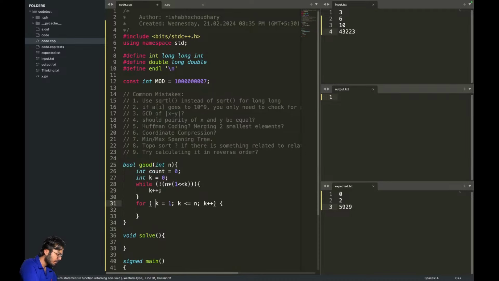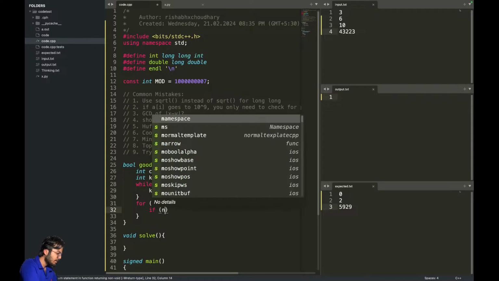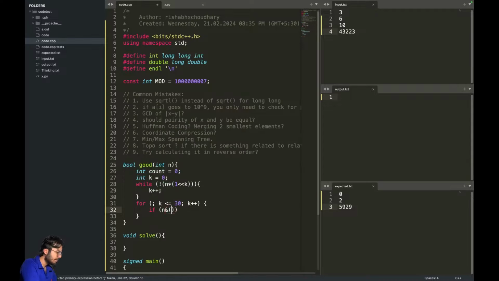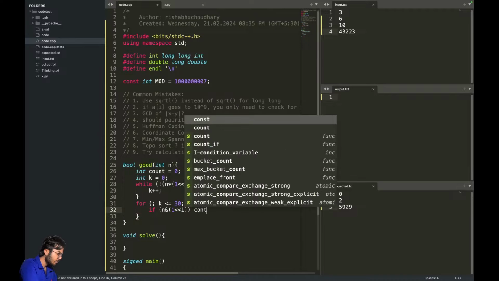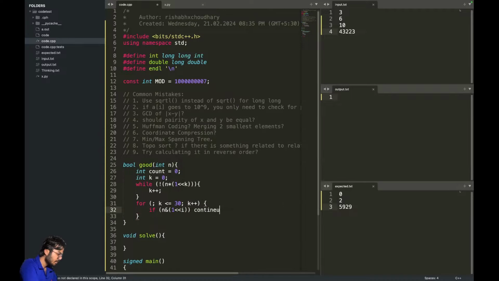Or not, I don't need to do this. Redefine it and let's go till 30. If n and the bit is set, continue, else I will say count plus plus. If my count is greater than